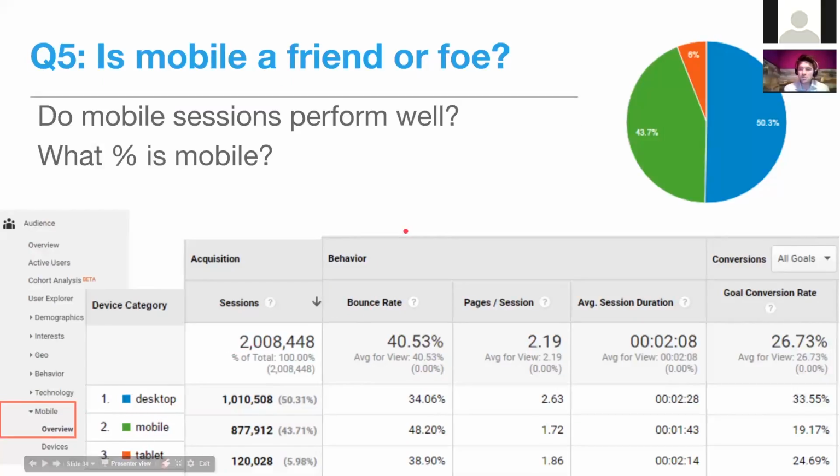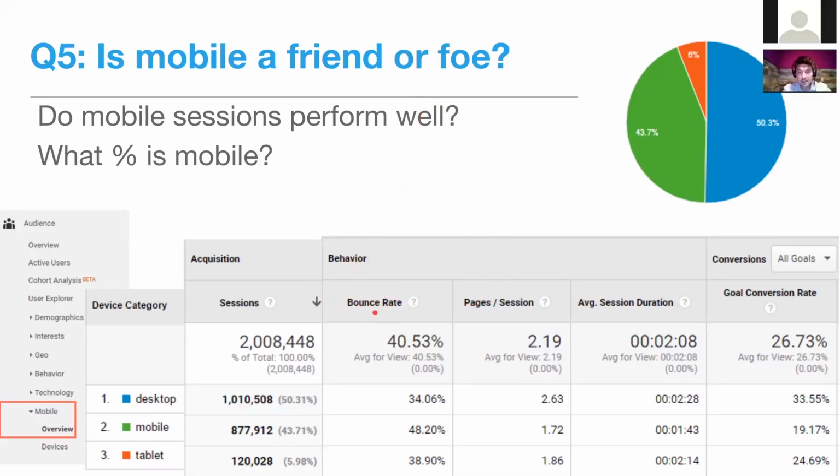And I love this because of the rant I was going on before, is that when you're sitting in the room being like, I never go to websites on mobile. They're so small. I never do that. We don't need to make our site mobile friendly or mobile responsive. I don't go to it. That's a sample size of 1. So you may have a board member. I don't know why I'm picking on board members, but I am. But you can deliver a pretty little pie chart that says, actually, mobile's 43% of all of our traffic and growing because I can show you this trend curve and put it in context for people.